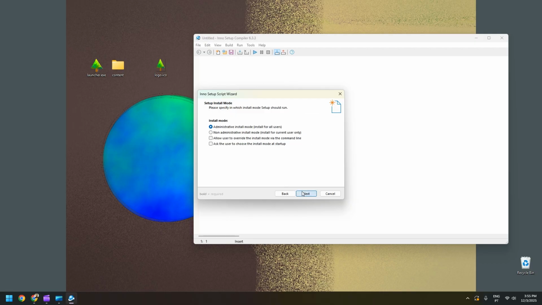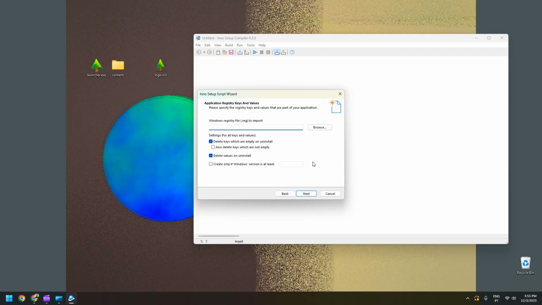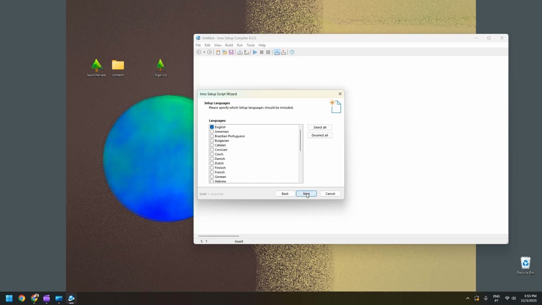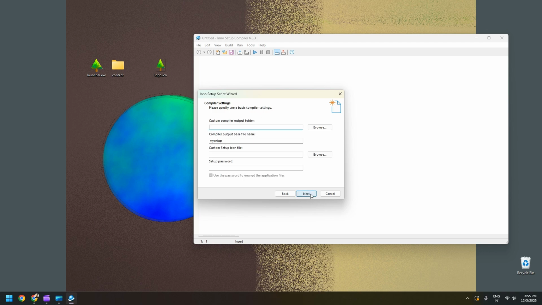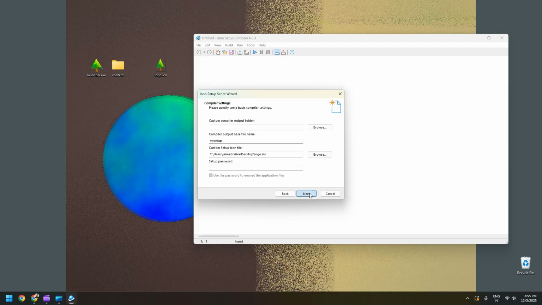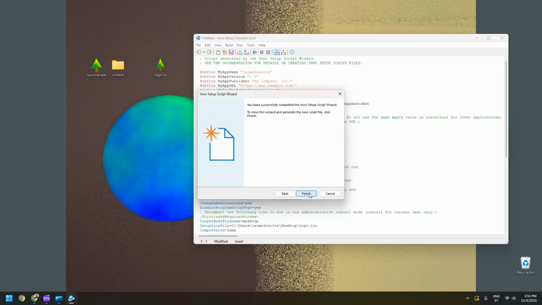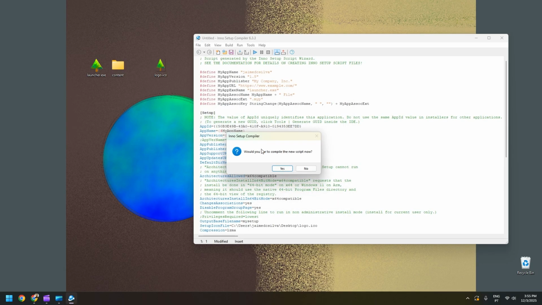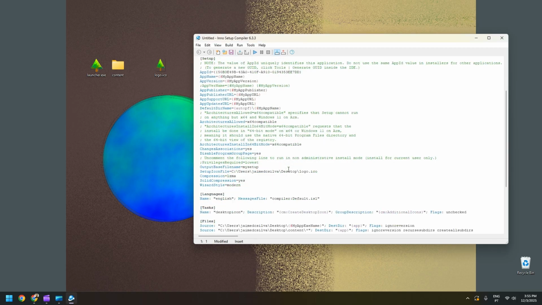There are many options. I'm not gonna go into detail on all of them. You can choose the languages, custom setup icon file. I'm gonna use the same logo. Next, finish. Now, before we finish, I'm gonna say no because there's still one last thing I want to add